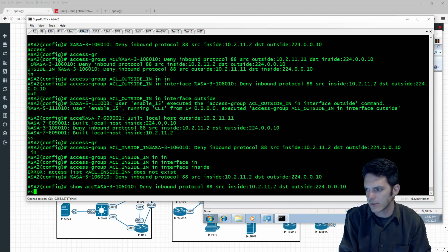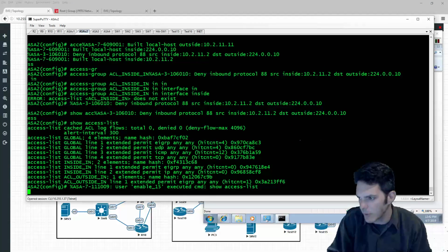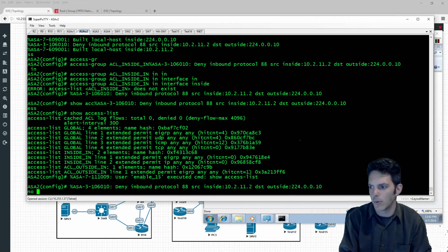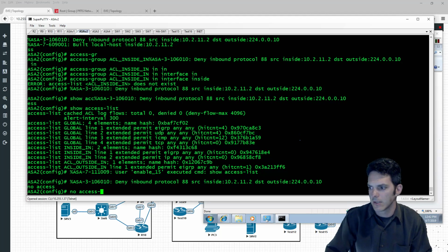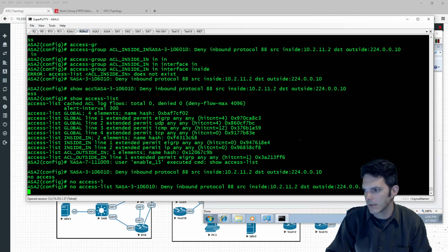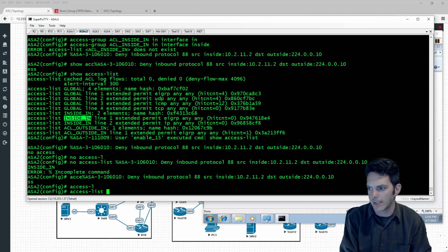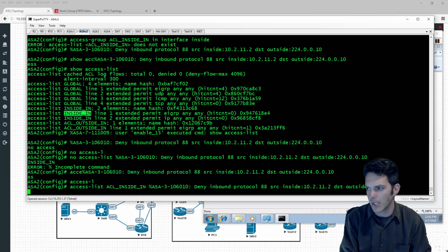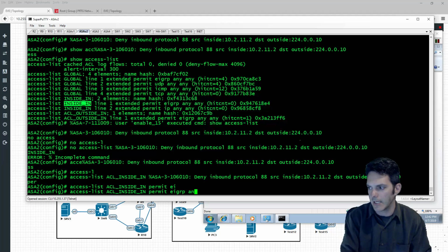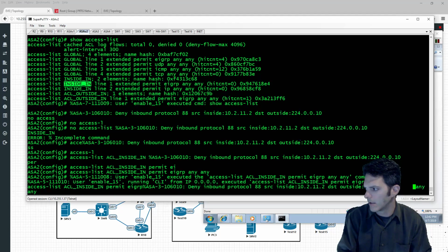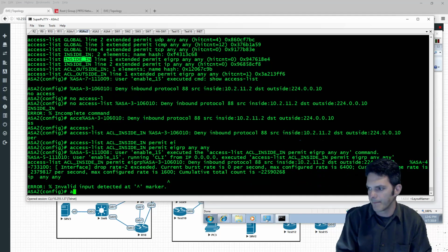Show access list. Did I name it wrong? Oh, so let me type in no access list inside in. We'll type in access list ACL inside in permit EIGRP any, and then permit IP any,